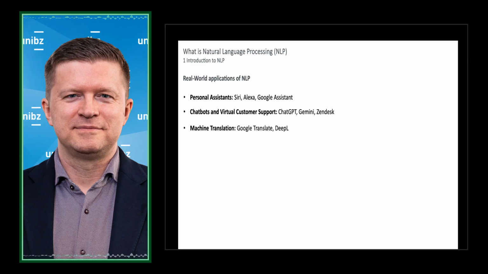We have perfect machine translation, Google Translate, but also the company DeepL is very, very good at machine translation. We have sentiment analysis, where there are lots of social media or monitoring tools out there to get the sentiment, for example, from social media. And we have email filters, around for a long time, spam detection filters like the classic Gmail spam filter that is very, very good nowadays. So it's very rare that you receive spam in your normal folder, which you might have realized. We have text summarization.